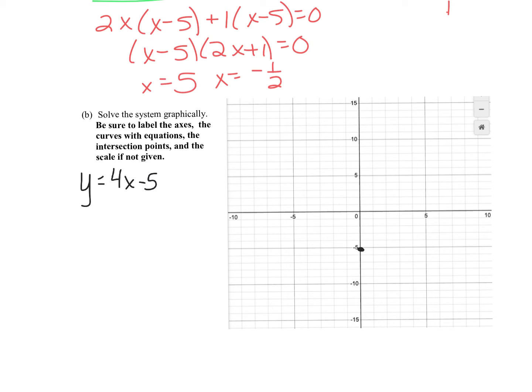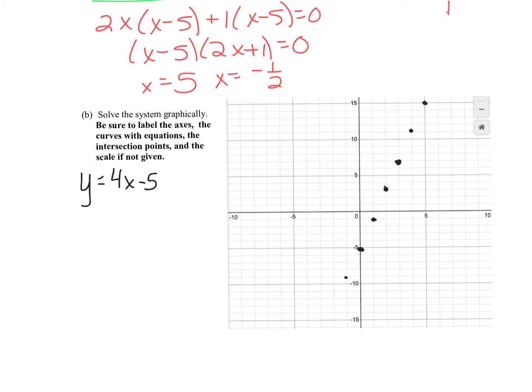So if I had a table on my calculator, the points I would see would be 0, -5, 1, -1, 2, 3. In the opposite direction, I would have here and here. Okay, so I'm going to continue going just because I know